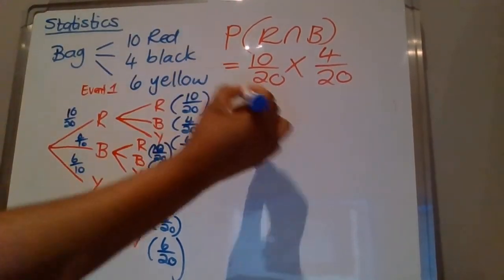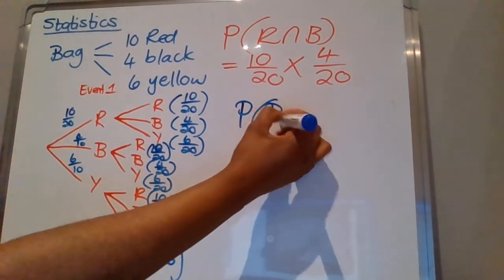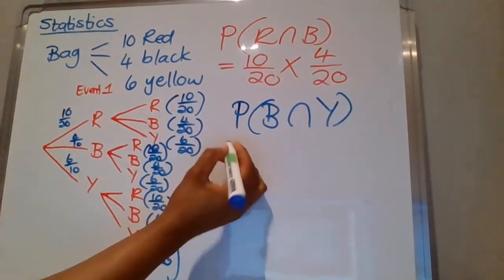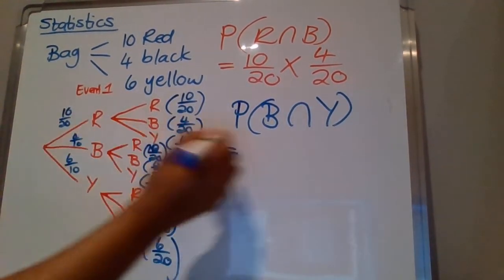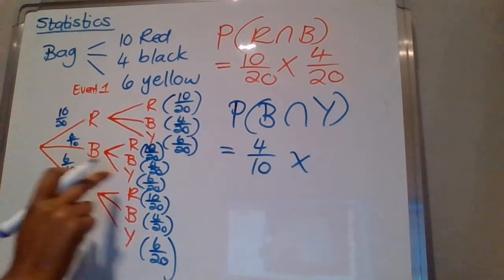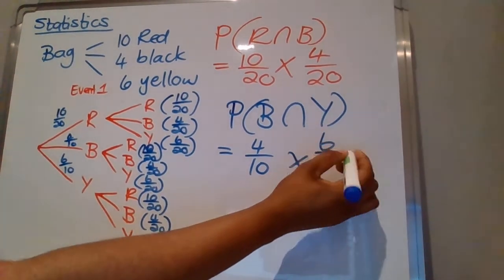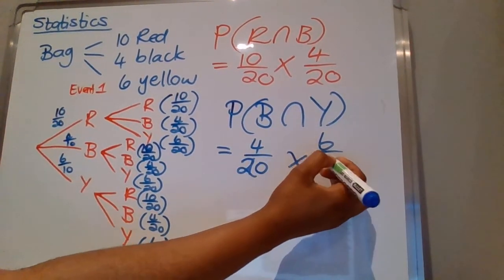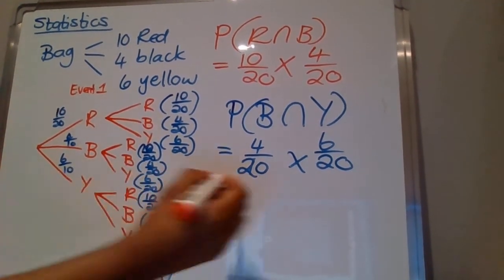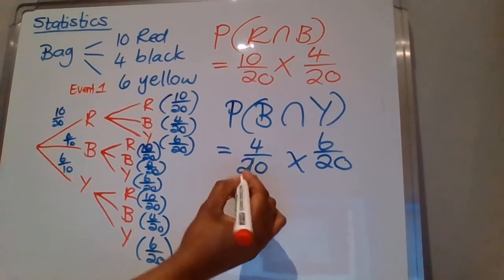Okay, what is the probability that I pick a black card the first time and then I pick a yellow card the second time? The first time it's 4 out of 20, all right, multiplied by a yellow card, 6 out of 20. But what would happen now if the first time,